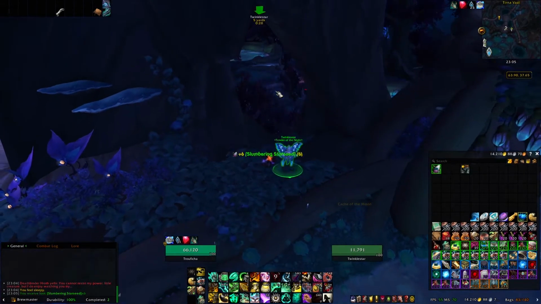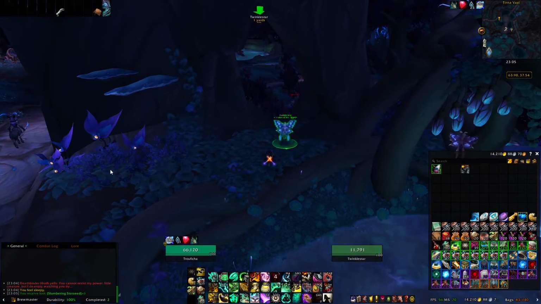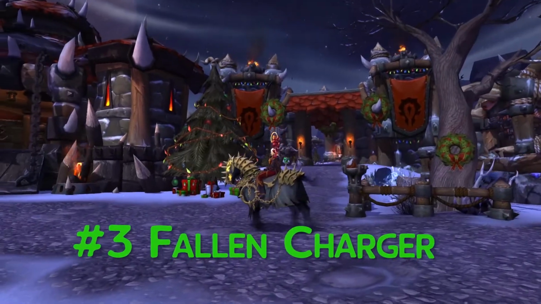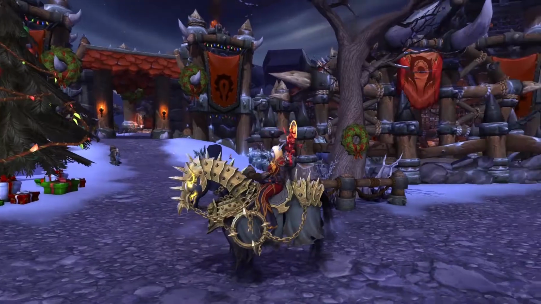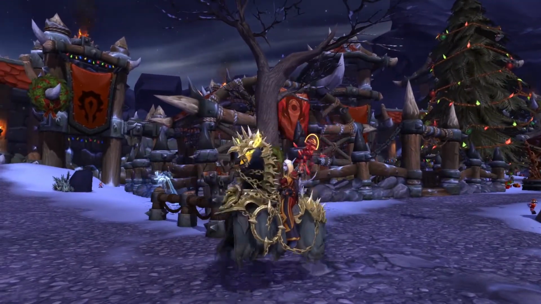Obviously, because I already have it on my account with a different tune, it gave me only anima, but you should get it. The next one on the list is the Fallen Charger's Reins, another horse, yeah, because why not, I like it. And this one drops from the rare mob with the same name that spawns in the Maw